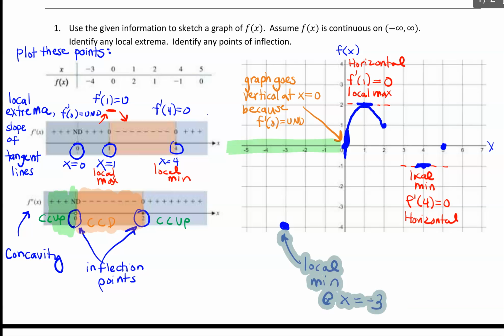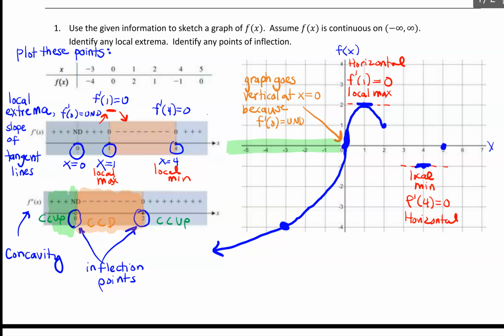So instead, when I do my curved graph here, I'm still going to cup it, but then kind of go down forever. And I need to extend that end of my graph with an arrow because my domain is all real numbers. I'm told to assume it's continuous from negative infinity to positive infinity. Okay, so that region was concave